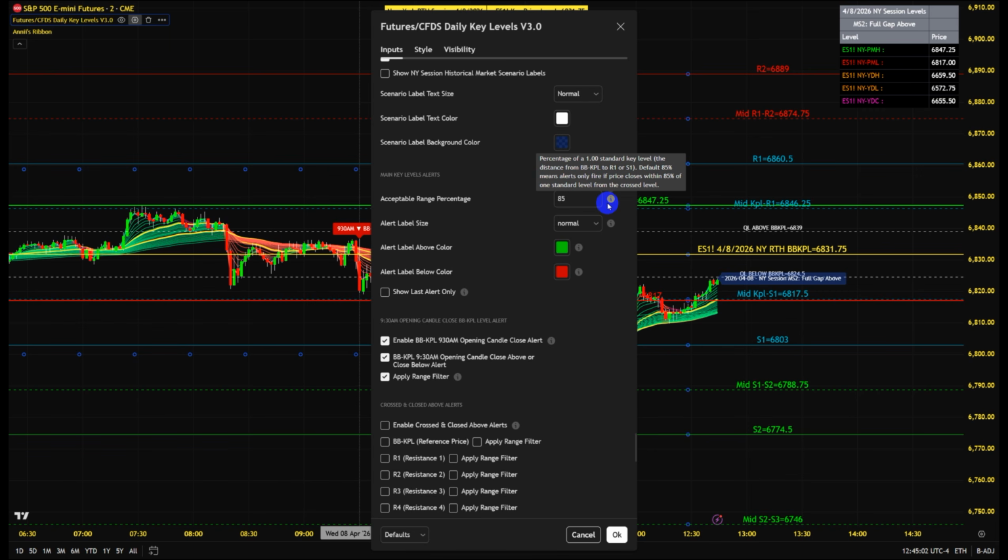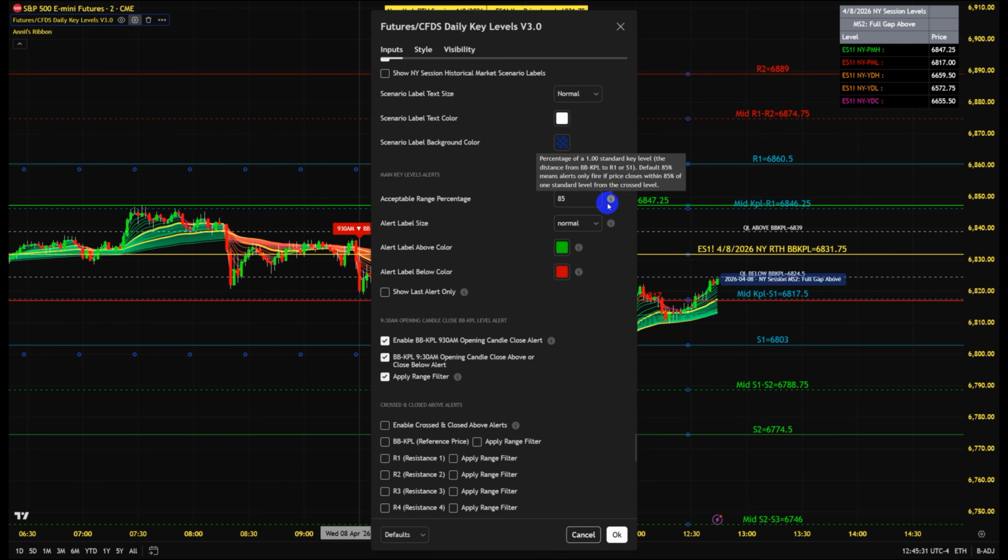That is a percentage of 1.00 standard key level, the base key level, which is the distance from the BBKPL to R1 or S1. The default of 85% means alerts only fire if price closes within 85% of one standard level from the crossed level. In this case, the crossed level is the BBKPL, specifically on the opening 9:30 a.m. candle,